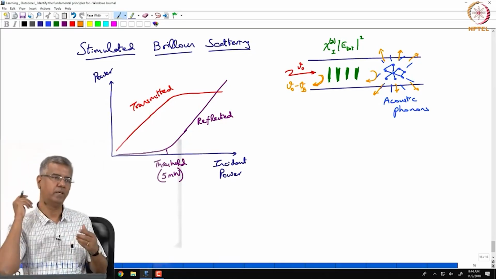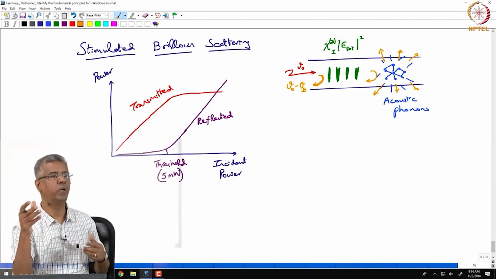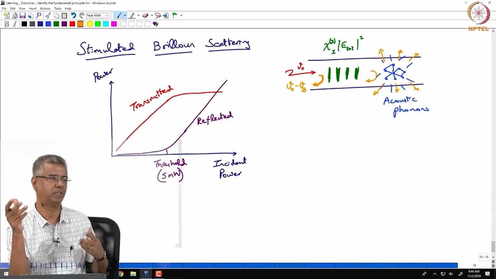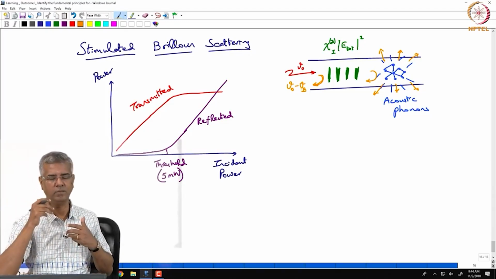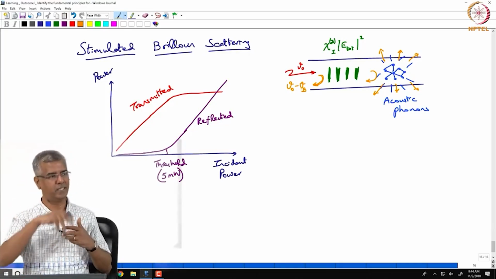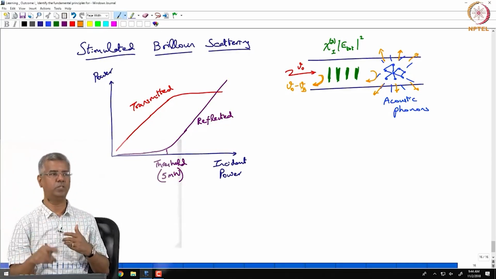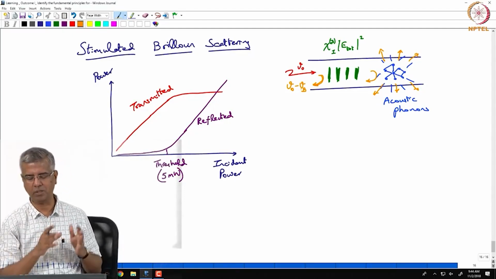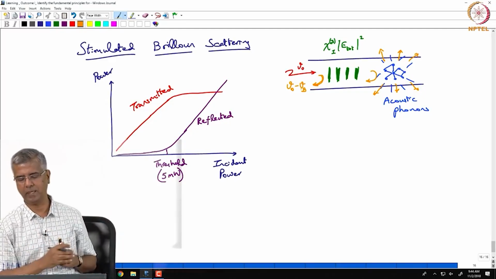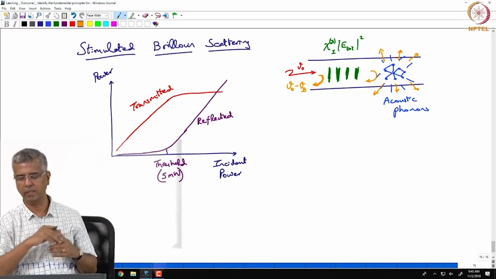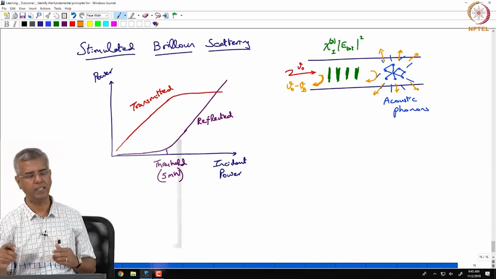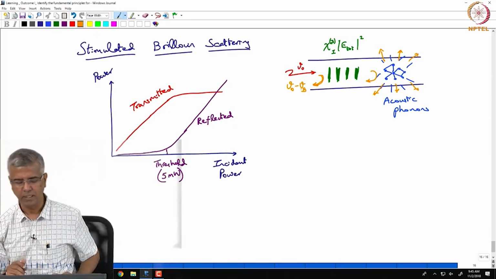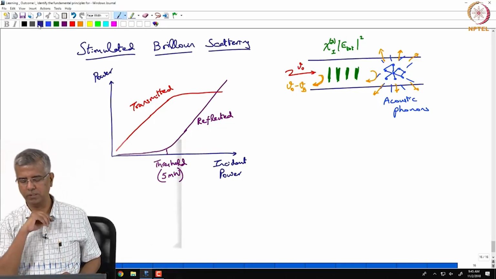If you have a sound wave echoing from a moving object, what happens? Doppler shift, right? If the object is moving away, it's a downshift in frequency. If it's coming towards you, it's an upshift in frequency. So that's the kind of frequency shift we get because this entire interaction is moving from left to right. It's actually corresponding to a downshift in the frequency,